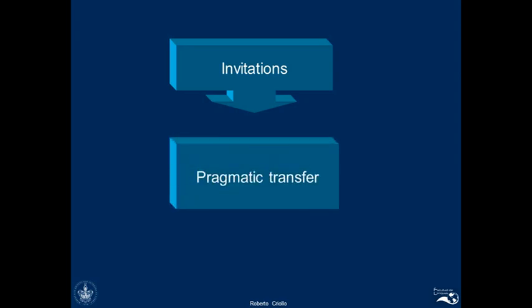And finally, of course, we know that when non-native speakers perform speech acts such as invitations in the L2, we may be able to find pragmatic transfer. That means that they will use some patterns of the first language in the performance of the second language. So in this case, the smallest concept, the one that we're particularly interested in, is pragmatic transfer. So you see how we proceed from the general to the specific: communicative competence, pragmatic competence, invitations, and then pragmatic transfer.